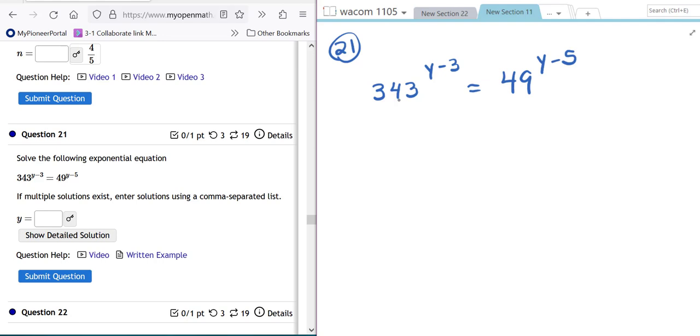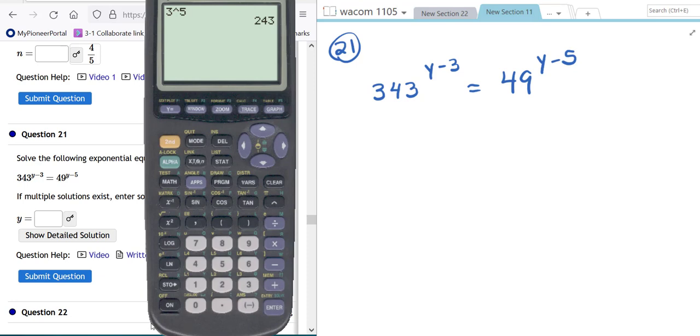For 49, really, your factors are 7. All right, 7 times 7. So on our calculator, we should see if we do 7 to some power, can we get 343? And so let's try 7 to the third. 343. So this will be 7 to the third,